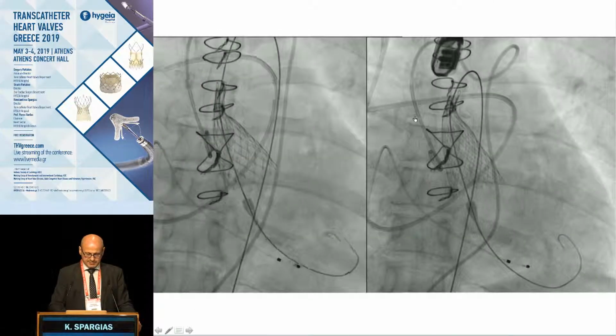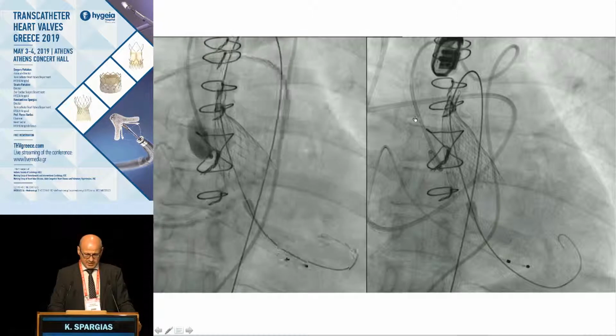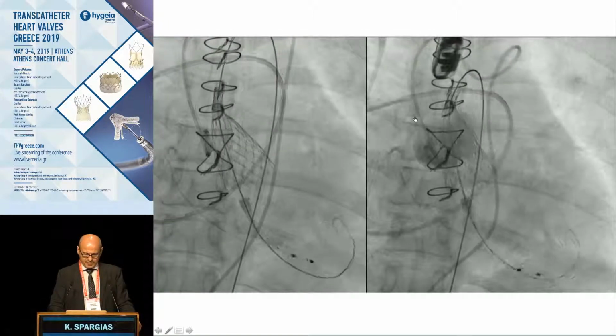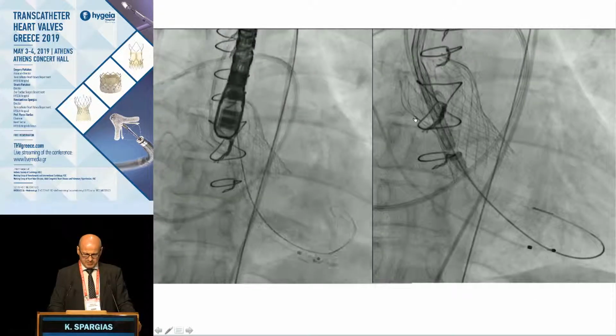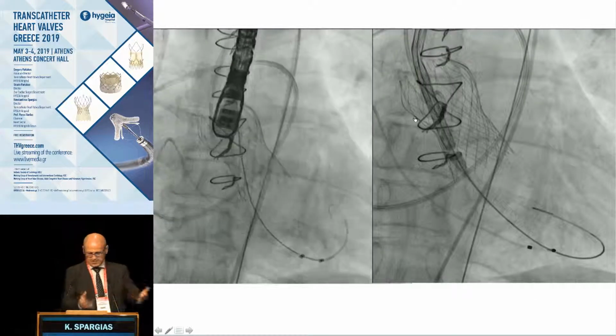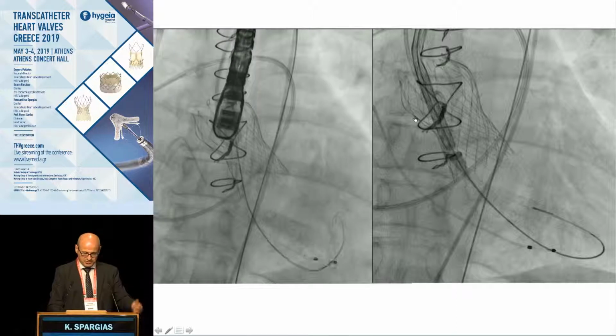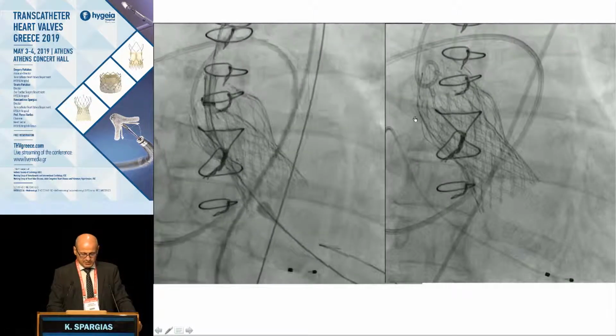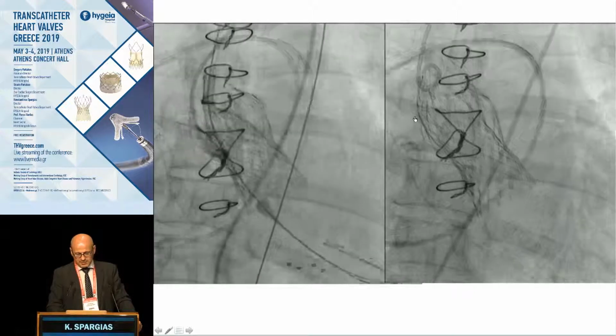And finally, this is the first implantation. No, the slides were, this was the initial procedure. I showed you how the first valve was deep, and then we needed to put the second, so it was